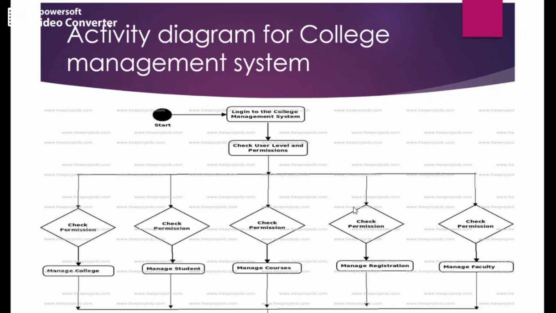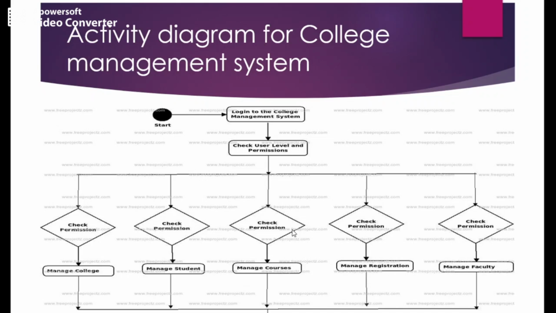Next, check the permission, manage registration. Also you can manage the faculty information. So here you can manage college information, student information, courses information, what all courses are available, and then you can manage the faculty information. And finally you can log out from the system.